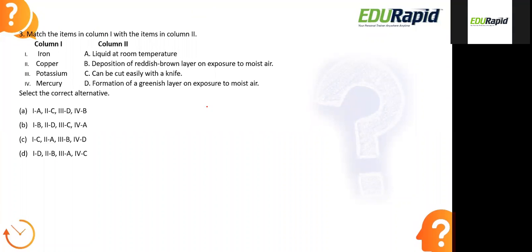Okay, now let us look at the right option here. Option B is the right one. Okay, let us match this here. Iron. Iron is the one where there will be a deposition of a reddish brown layer on exposure to moist